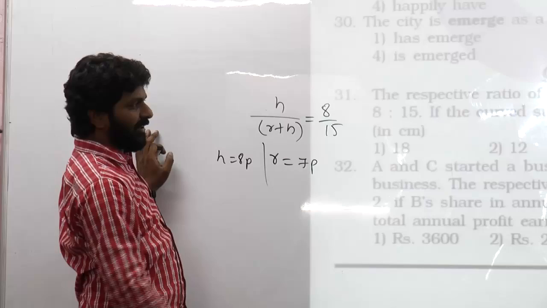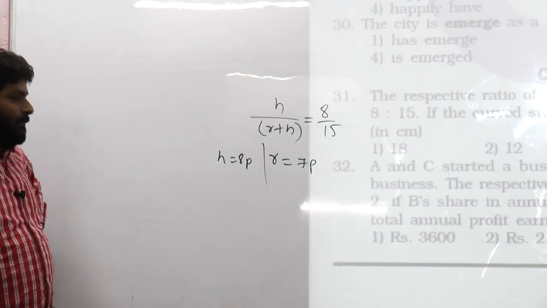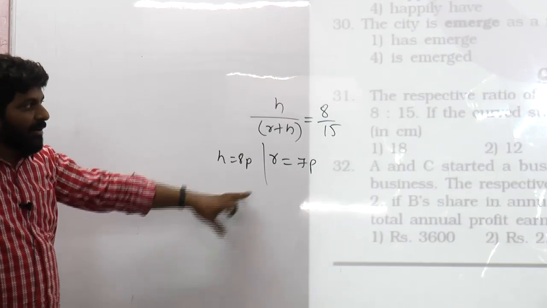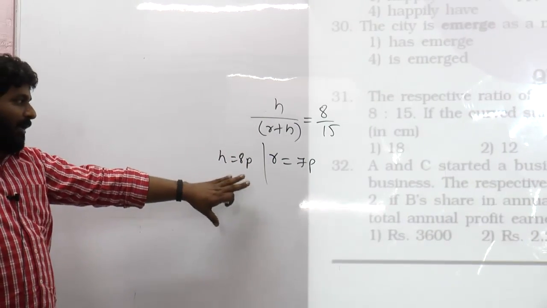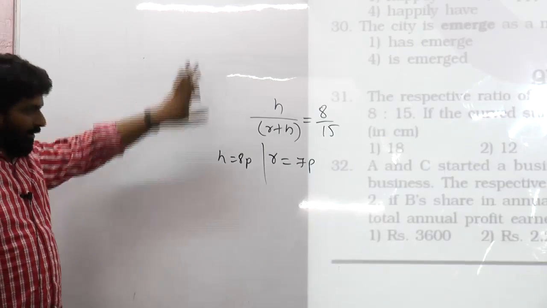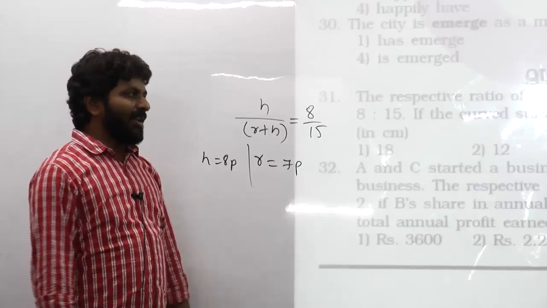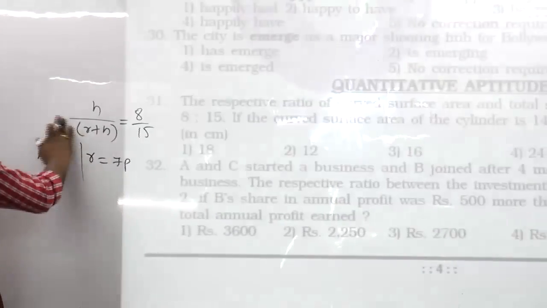You asked about height, so I think the answer should be an 8 multiple. How many are there? Height is 8 parts, right? How many 8 multiples are there? 2. If you had only 1, you would be done with this. But still you need to calculate. Come on. If the curved surface area of the cylinder is 1408, in the sense